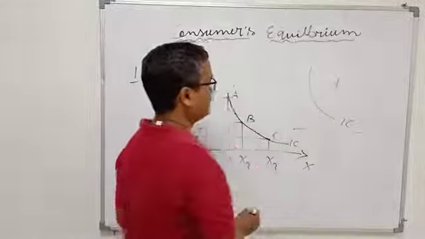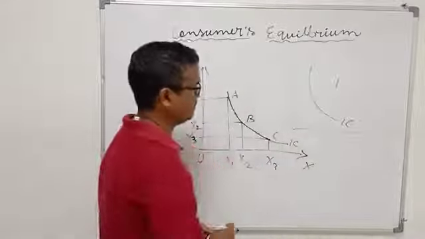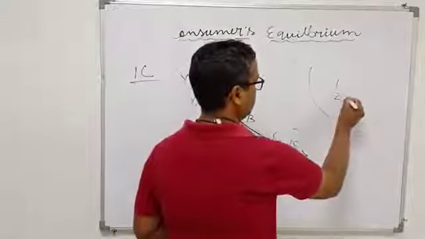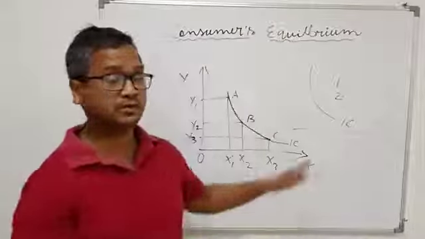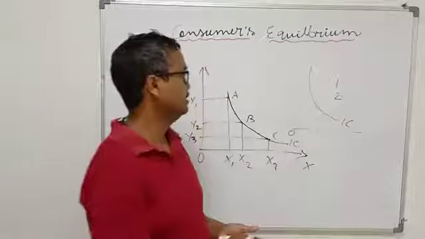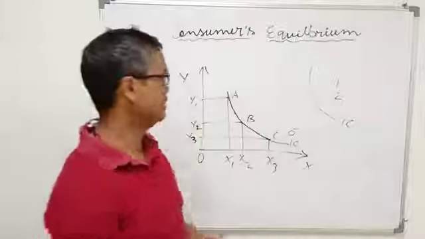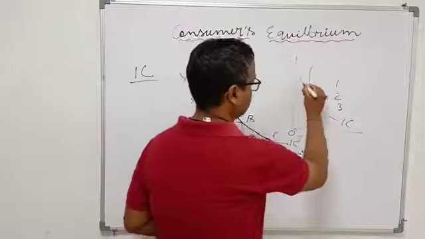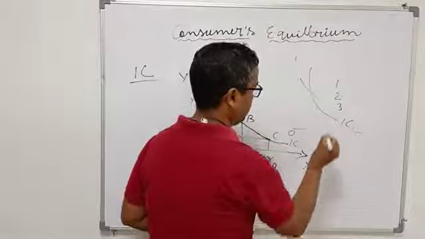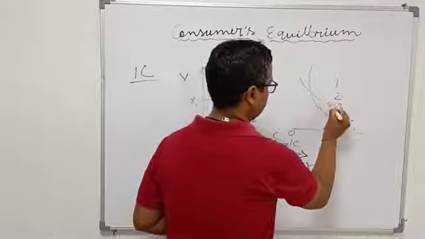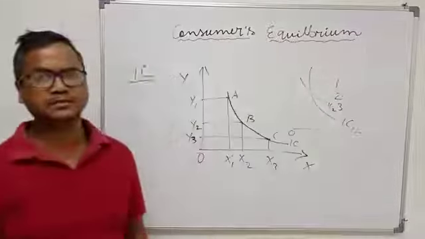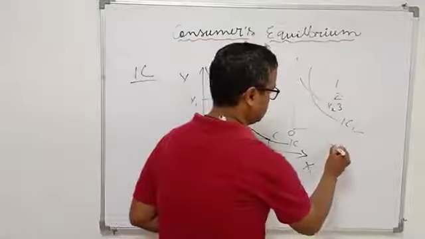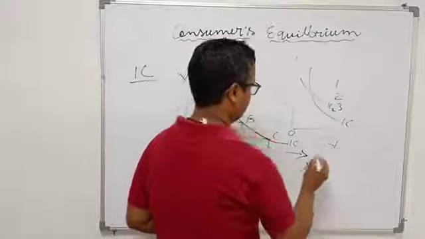The first one is that it is downward sloping. You can see from the graph it is downward sloping from left to right. Number two, it is convex to the origin. Number three, suppose this is indifference curve 1 and this is indifference curve 2. Two indifference curves cannot intersect each other. And the fourth one is